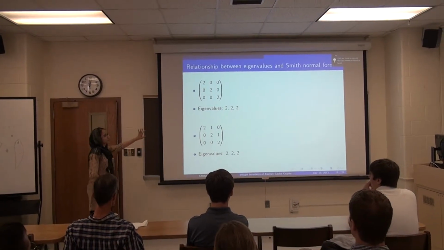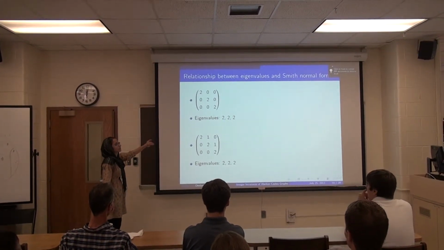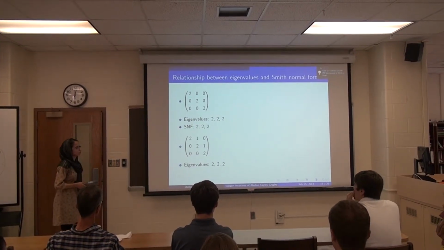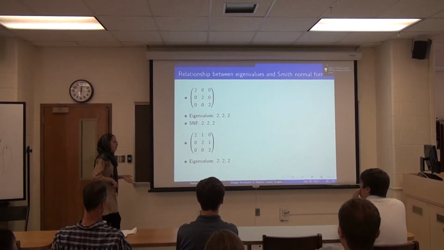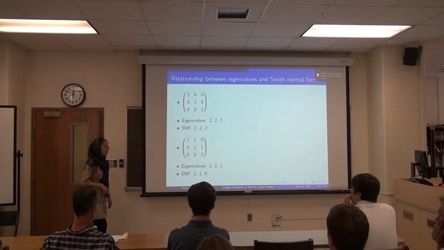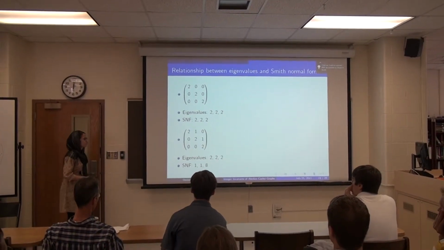However, the first one is already in Smith normal form because that divisibility condition is met. So the values for that will again be 2, 2, and 2. However, when we perform our row and column operations, the Smith normal form will have the values 1, 1, and